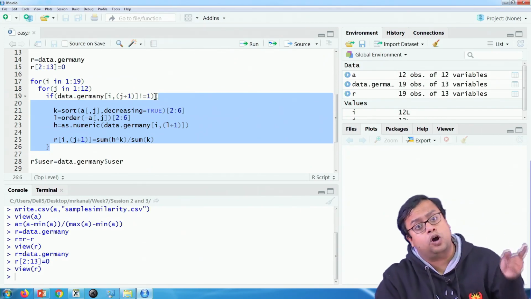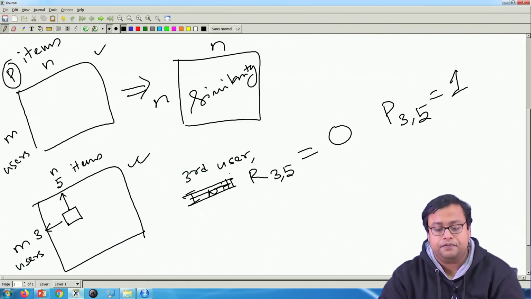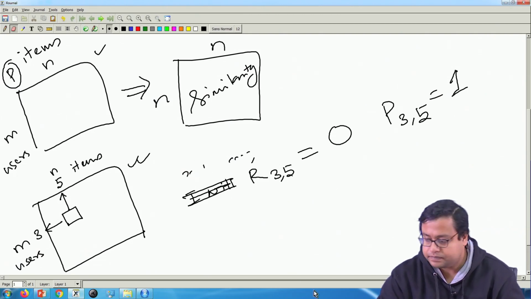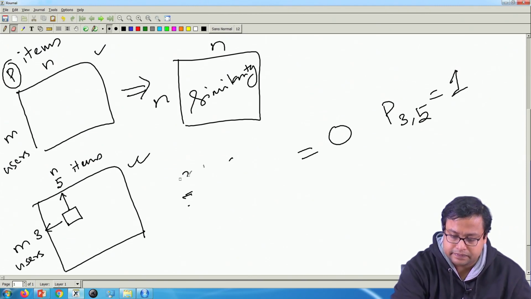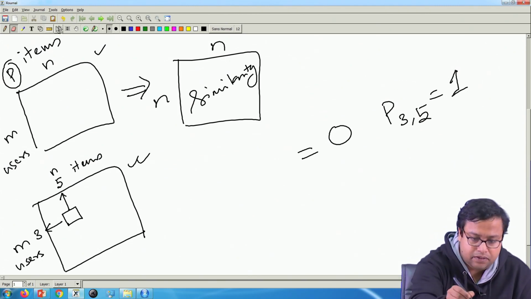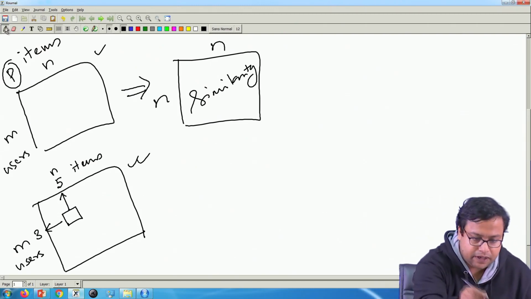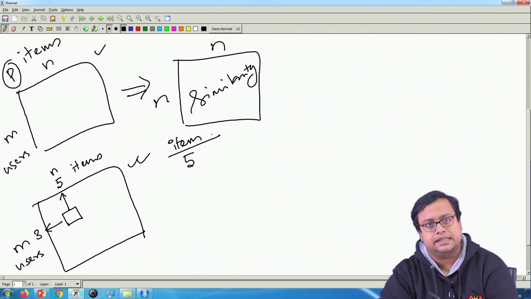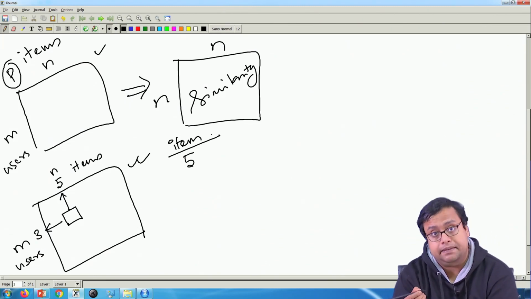Now, if he has not seen, then what is the question? Then what? If by chance let us say this guy has not seen it, then what do I do? I simply find out that okay, item number 5, if this is the item, which are the top similar items.